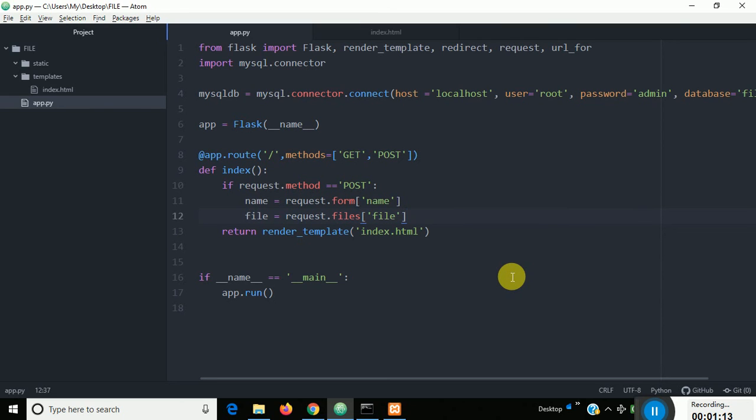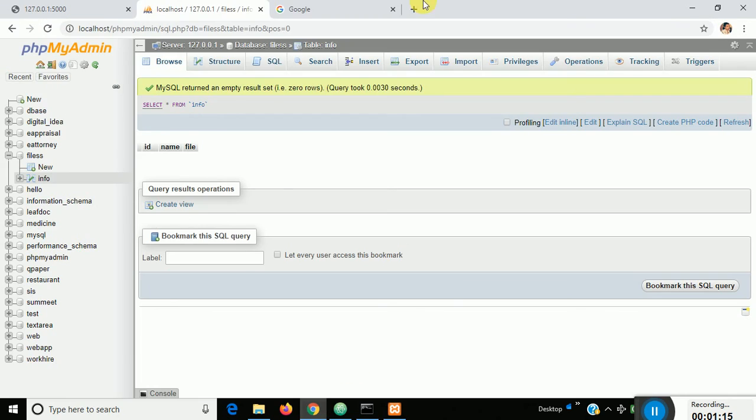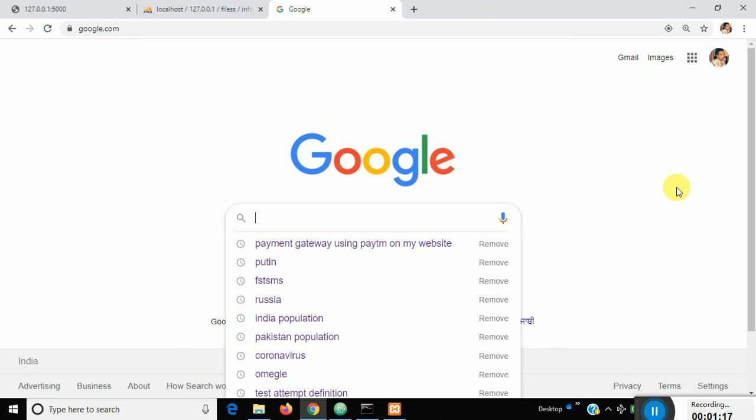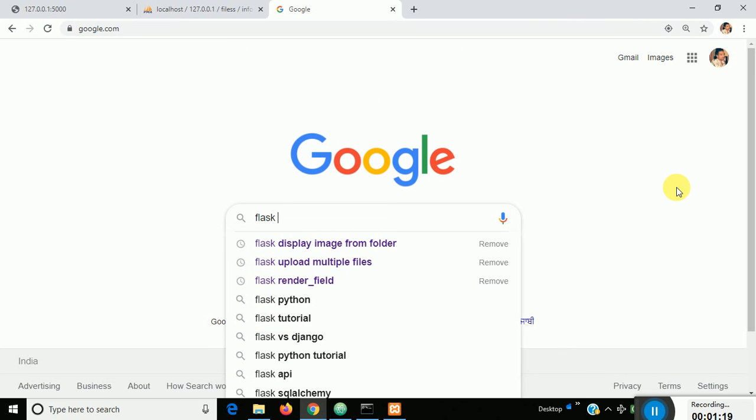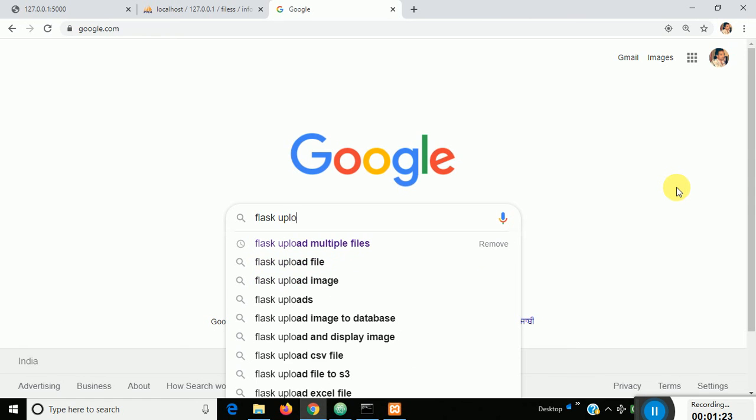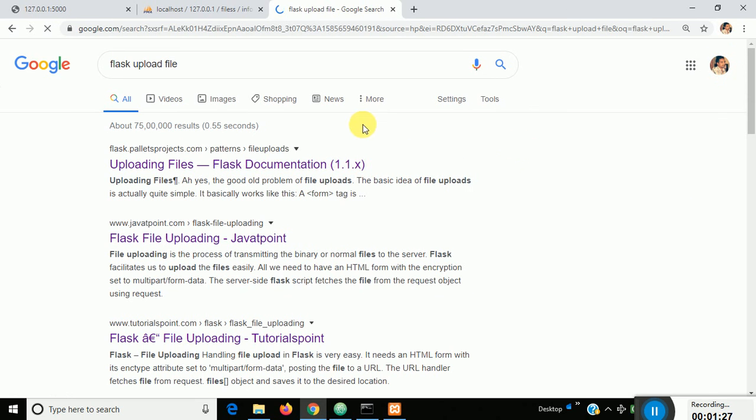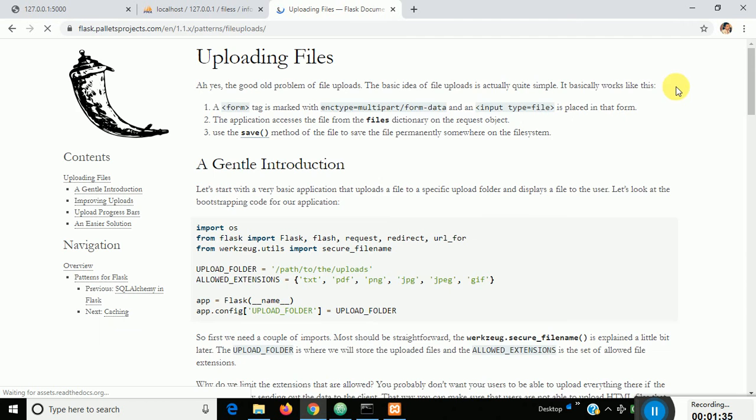Now what I'll do, I'll go here in Google and I'll write Flask upload file. I'll go here in the uploading files, that is the file documentation.